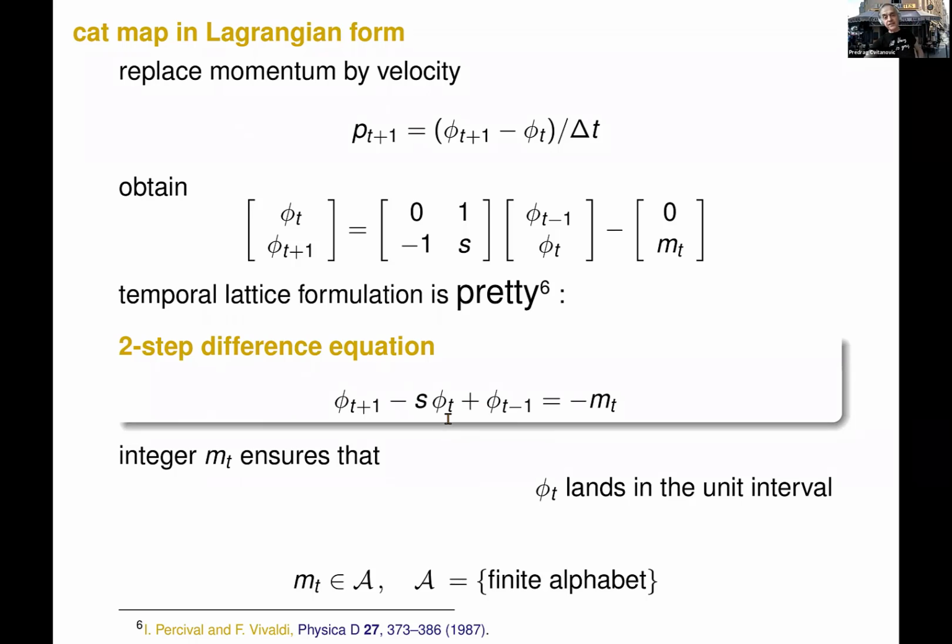Now, my law on the lattice is that I get stretched by this factor s, which is the trace of my matrix. And I have to make sure that I am in the unit interval. So if s throws me out because it's larger than 2, 3, 4, 5, 6, I have to subtract the integer part. So this looks like the Bernoulli map, but it's very pretty and it has a symmetry because the system is time reversal invariant. So what's future, what's past doesn't really exist on this lattice, it just has reflection invariance. So that's what the cat map is.